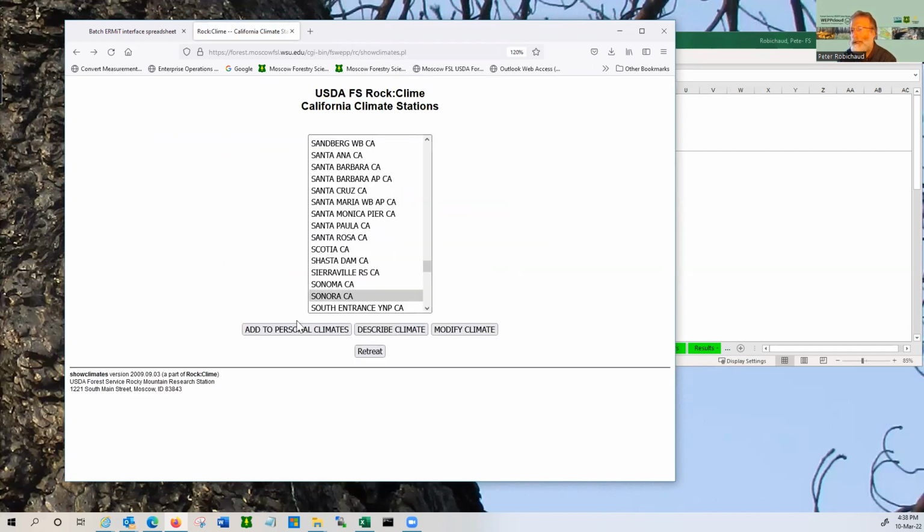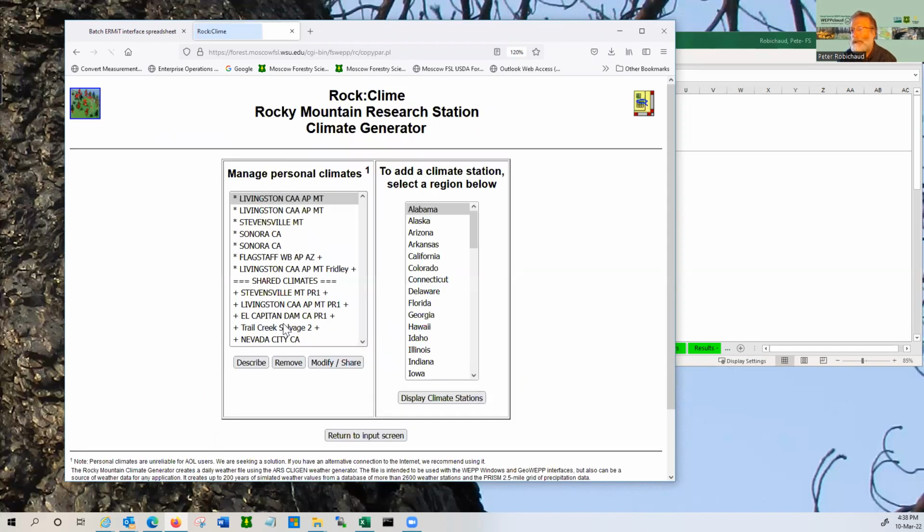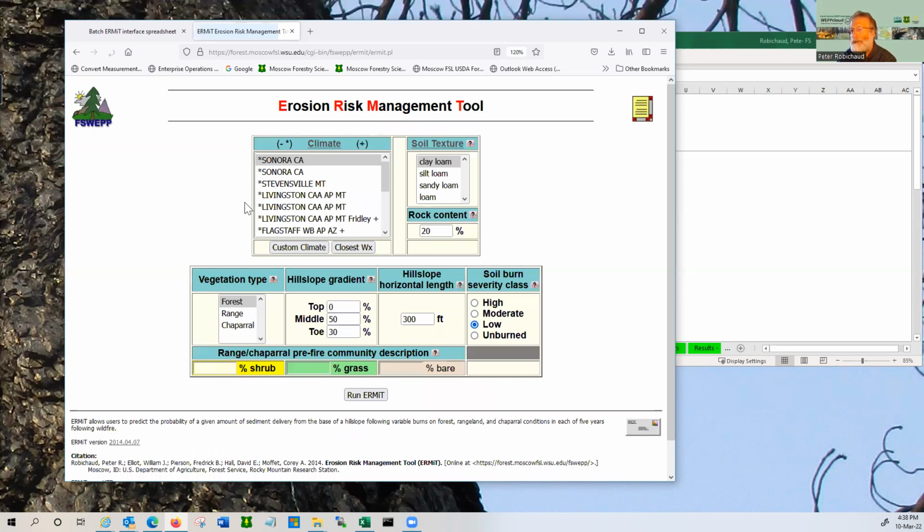Return to input screen, add to personal climates. Okay, now I can return. So now there's my Sonora, California climate in my personal climate list. I'm going to pick a sandy loam, and I'm just going to run this scenario that I have right here,